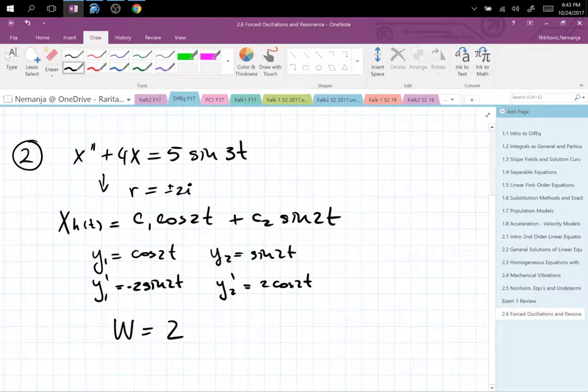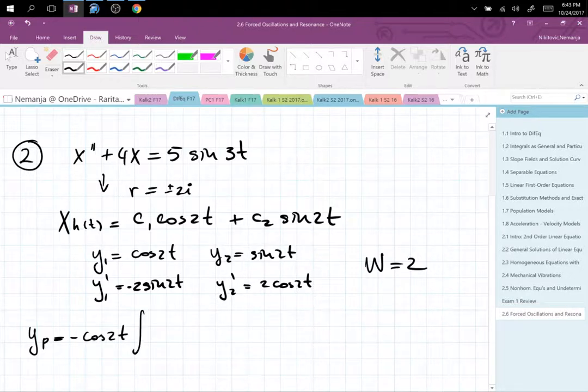Because 2 cosine squared plus 2 sine squared is 2. So the Wronskian is 2. I can put it on the side. And we can just work out the yp real quick. It is negative y1, which is cosine 2t, and then the integral of